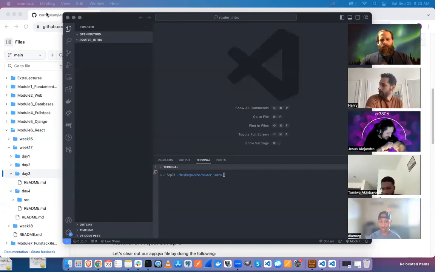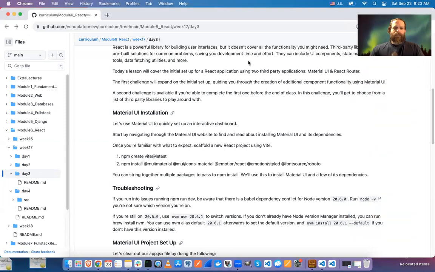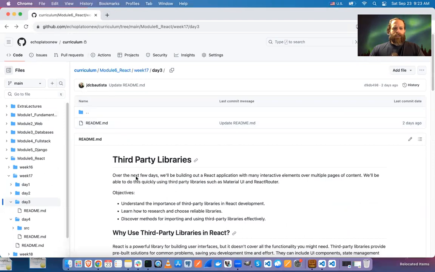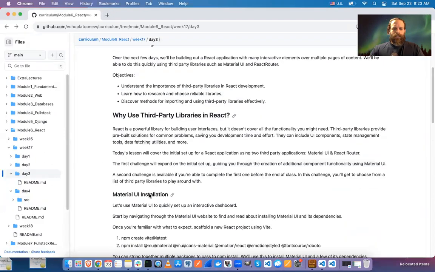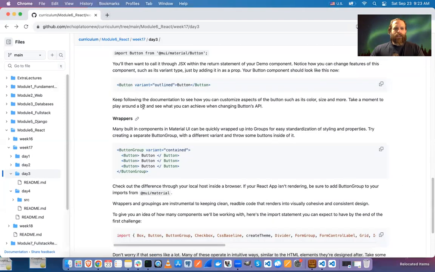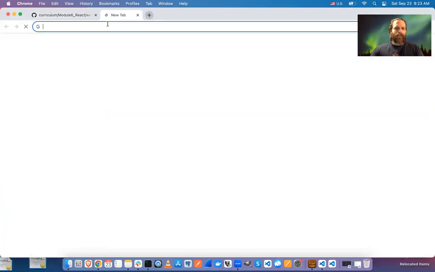All right. So today we're going to be looking at React Router. So there's a README here, which you can go through, and it's also based on the official tutorial. We're going to be using a third-party library called React Router DOM,